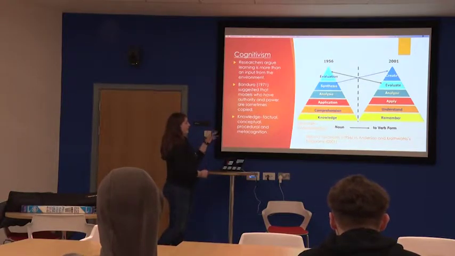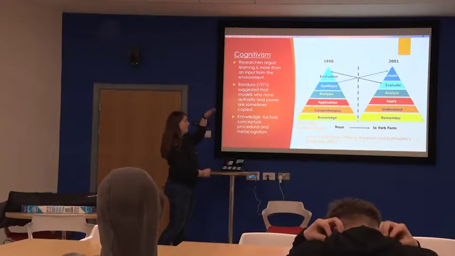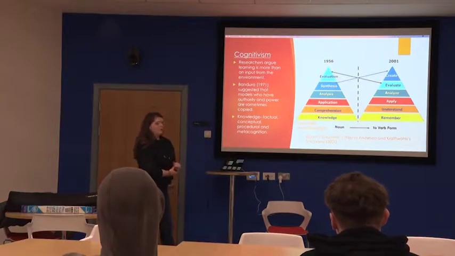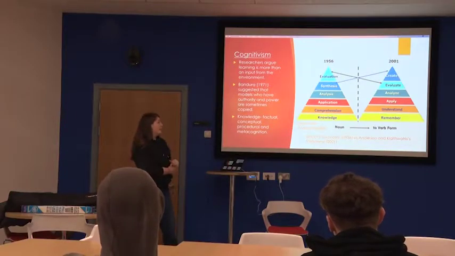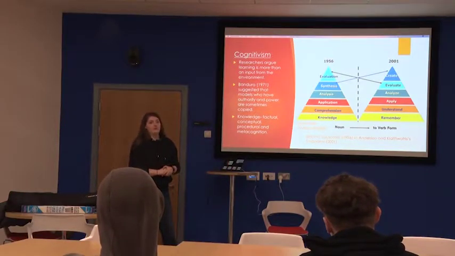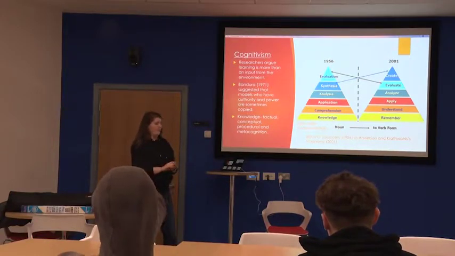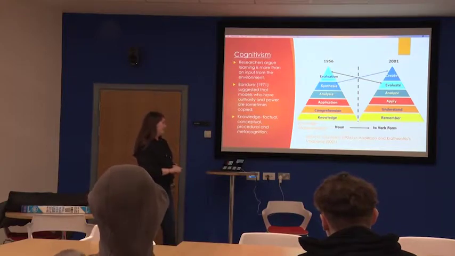Like I said before, you have the lower order intellectual skills, and then the higher ones, the more you go up the pyramid. So to begin with, he started with knowledge at the bottom. Knowledge is a very broad term, and different researchers have come up with different forms of knowledge. But for the purpose of Bloom's taxonomy, originally it was 3 different forms, and then another one was added later. So to begin with, there was factual knowledge.